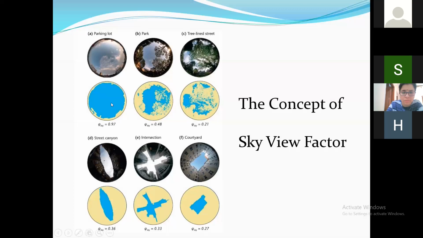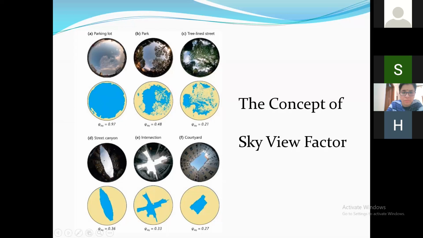If you look at this, this is a parking lot which is relatively open. Here you see that the sky view factor is very high, 0.96. What is the sky view factor? If you make an angle of 360 degrees into the sky, then how much fraction of that circle is visible to you? That is the sky view factor. So open spaces like parks and parking lots would have a high sky view factor, whereas this is